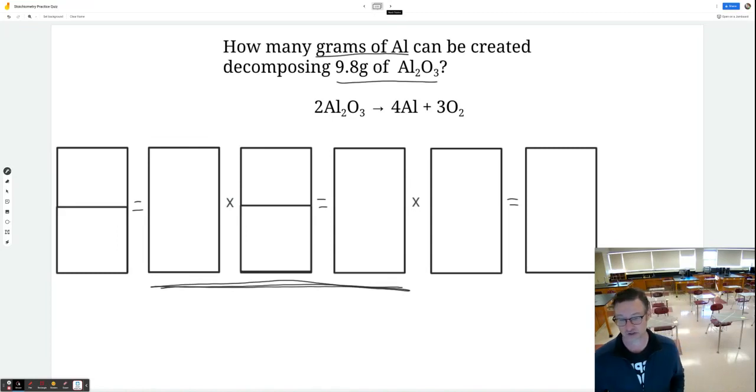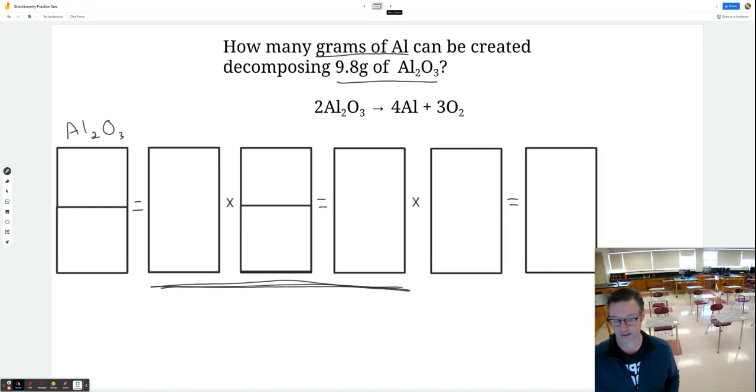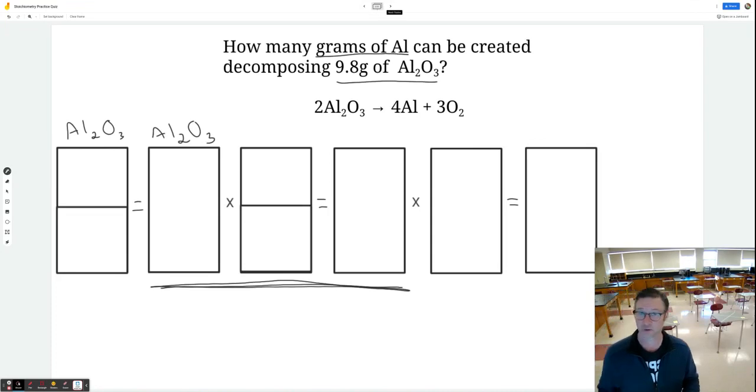Okay, so we have to start, and I'm going to label again the boxes here, because we're starting with Al2O3. That's what we were given. So that first box is about Al2O3. The second box is about Al2O3. And since that's what we were given, when we get to the mole ratio,